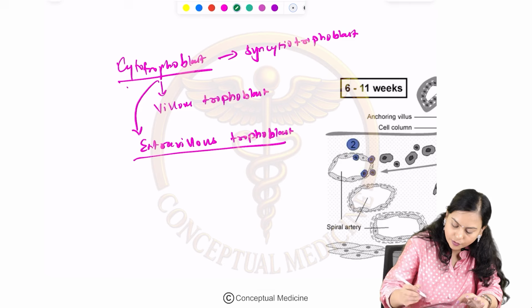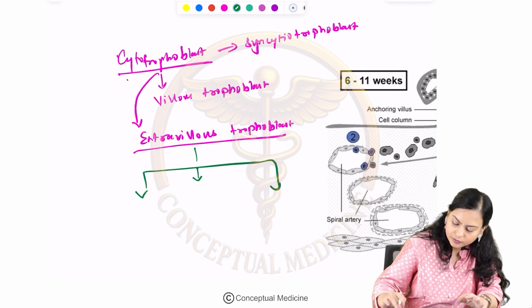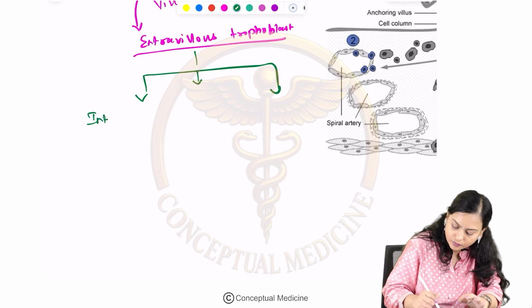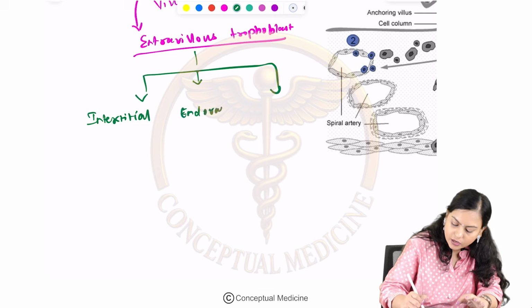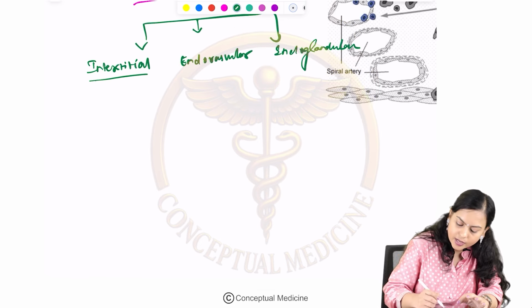From the extravillus trophoblast, we will have the interstitial extravillus trophoblast, endovascular extravillus trophoblast, and endoglandular extravillus trophoblast. So, interstitial extravillus trophoblast is the trophoblast that will help in anchoring the placenta